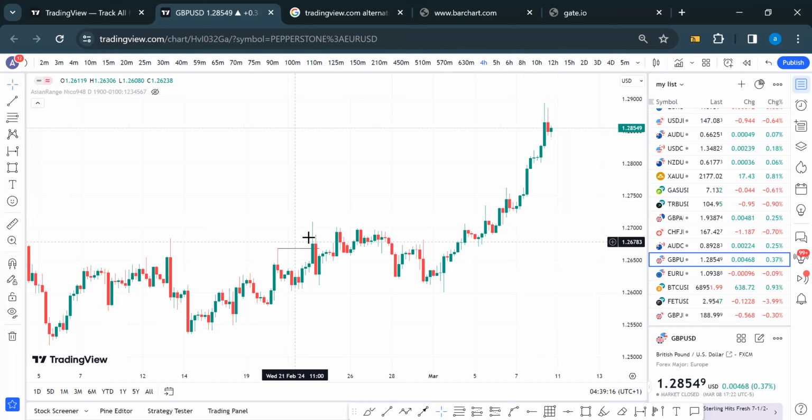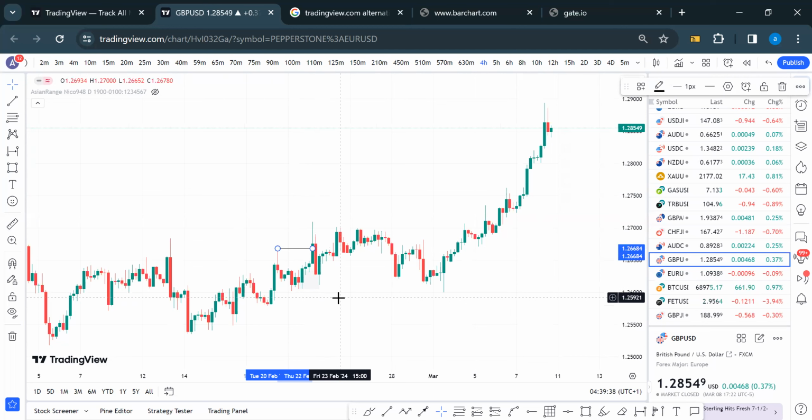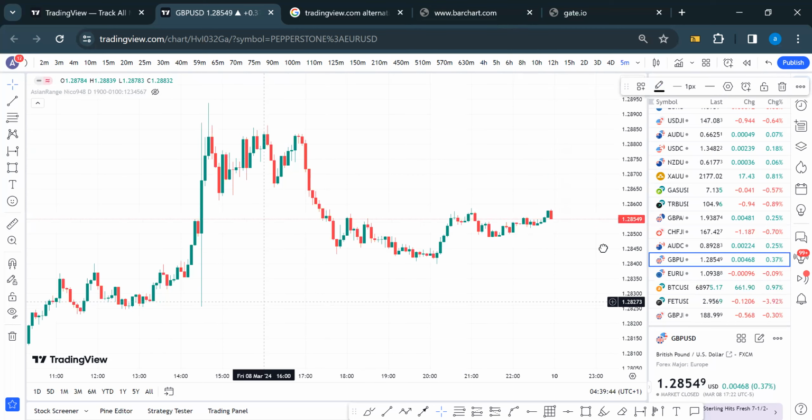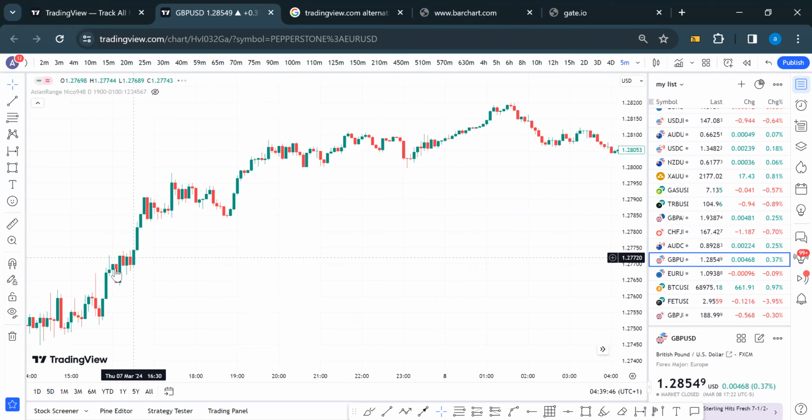So if that's the BOS, this is the 4 hours time frame, then we are going to have our demand zone here. All right. Yes, that's going to be our demand zone. So after this BOS, we set alerts. So after we've set the alerts, we'll drop down to the 5 minutes time frame. We'll go back and look for